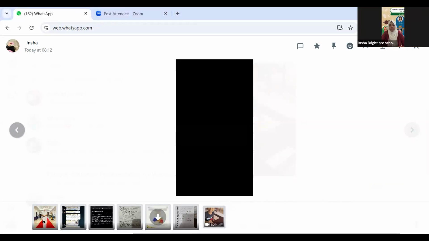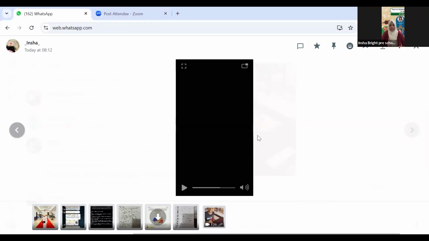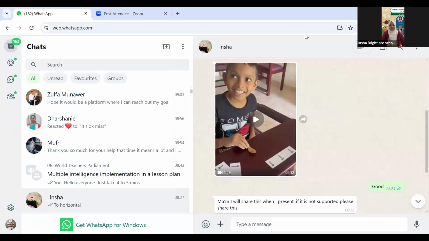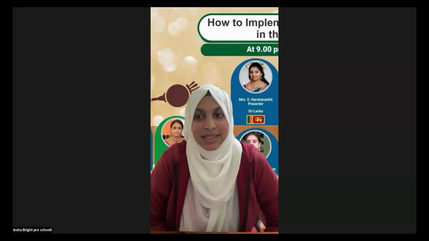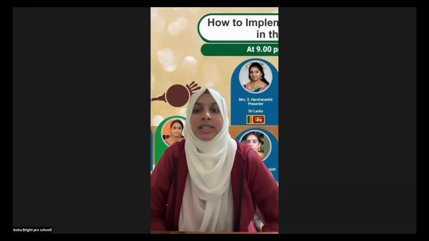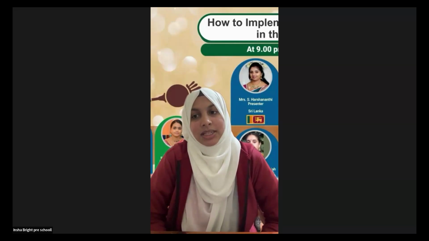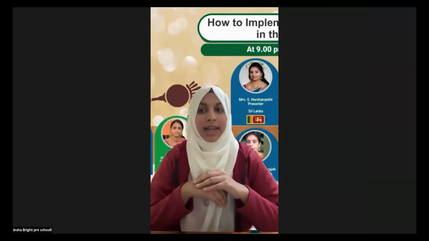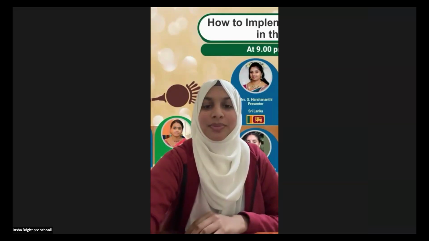This simple and easy to prepare activity helps in building spatial orientation skills in kids. So overall, Picture Smart is an enjoyable way for learners to connect with concepts in a visual manner, making education a playful adventure. Thank you.